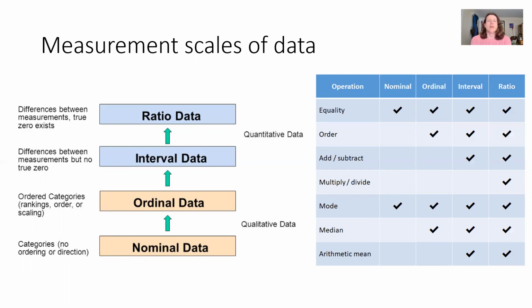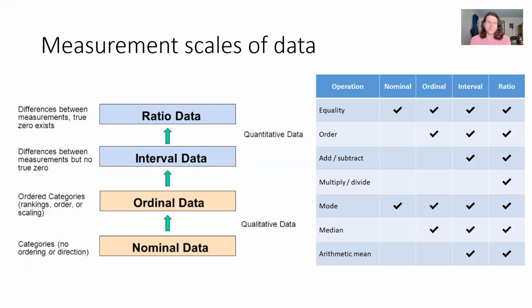So you see in the table on the right the different operations that you can do with the different measurement scales. So nominal data, you're quite limited in what you can do. You can say, is this category equal to this category or not? And you can basically take counts of the different categories, but that's it. With ordinal data, you can do, is it equal or not? You can take counts, but you can also rank it so you can get the order. And with that, that allows you to calculate the median or like the most common value,